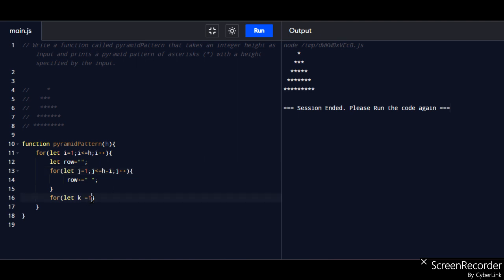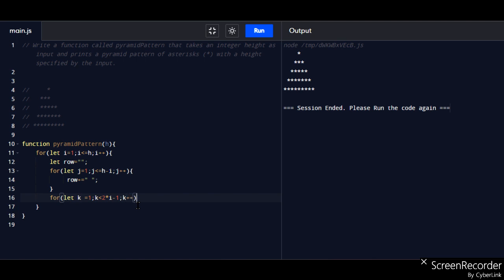And why do we take 1? Because we have to run the loop from 1 to n value. So I take k less than or equal to 2 into i minus 1, and k plus plus.